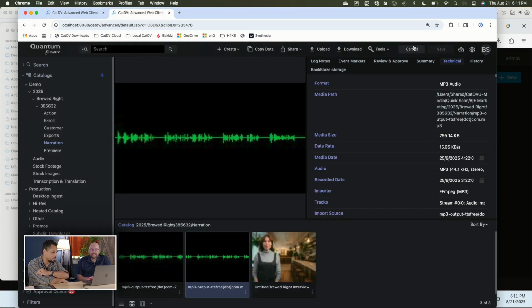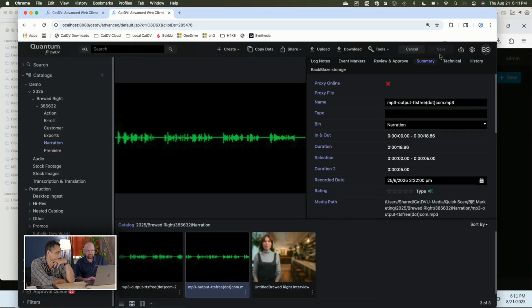I do not want to deal with having to now hand put in all of the information for each of these things. The fact that it's pulling this information automatically from the folders, which like Windows Explorer is notoriously awful for trying to pull anything like that. Yeah. But being able to pull those things as not just folder names, but as actual metatag data, and pulling it directly into CatDV, is that you're tagging it just by virtue of putting it in a folder. That's incredible. That is. That's really incredible.